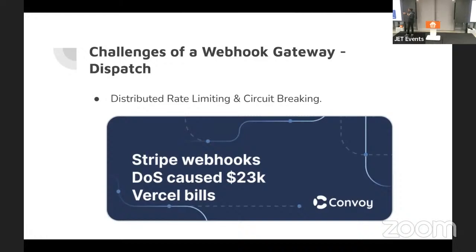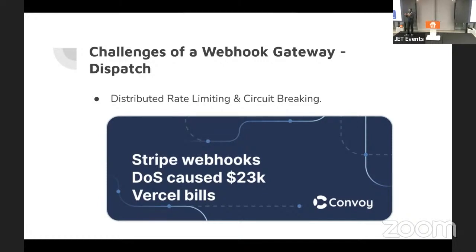So this event happened with a Vercel function. We're all familiar with Vercel and the serverless environment. A user had a Vercel function that was experiencing a DDoS attack, and the attacker created over 500,000 accounts in the space of 48 hours. And these accounts created subscriptions on Stripe, and Stripe sent webhooks back to the serverless function.